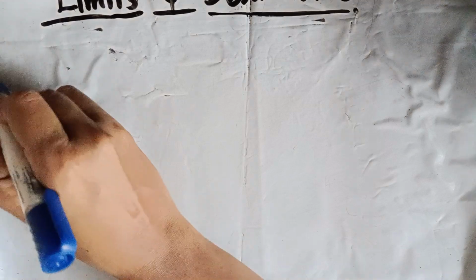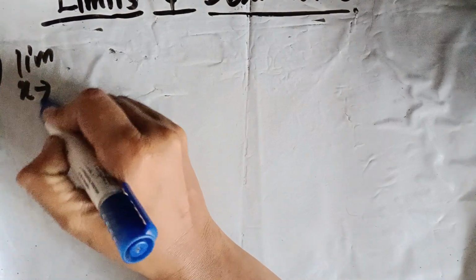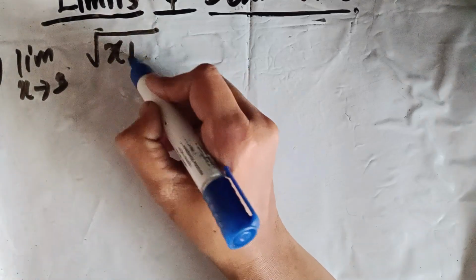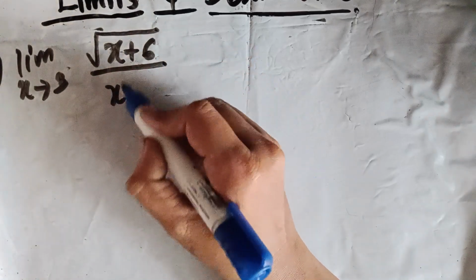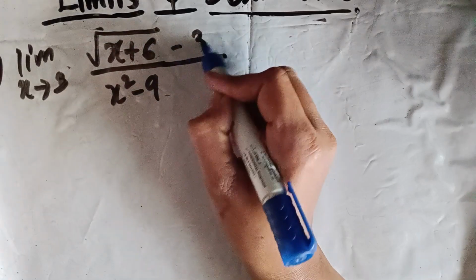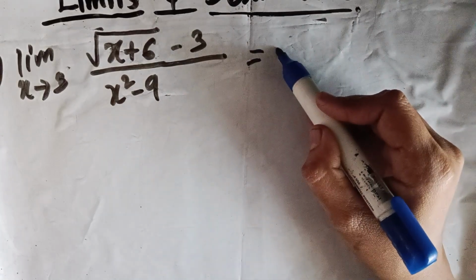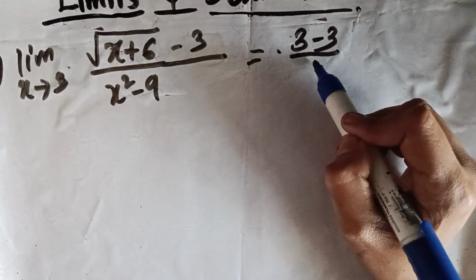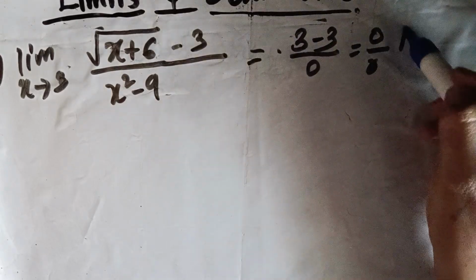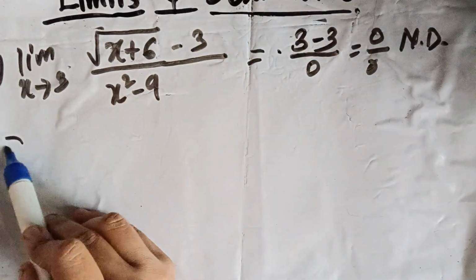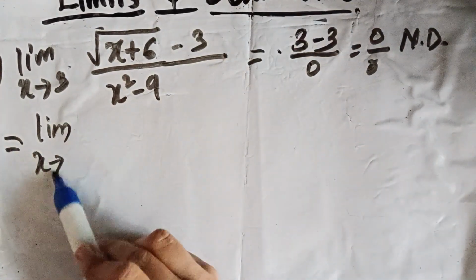Let's do some examples on rationalization. That is, if you are given a term with root, okay, so say limit as x tends to 3, root of x plus 6 minus 3 upon x square minus 9. So if you substitute 3 here, this becomes root of 9. So 3 minus 3 upon 0. So 0 by 0. Not defined, correct? So we have to rationalize this. We have to multiply by